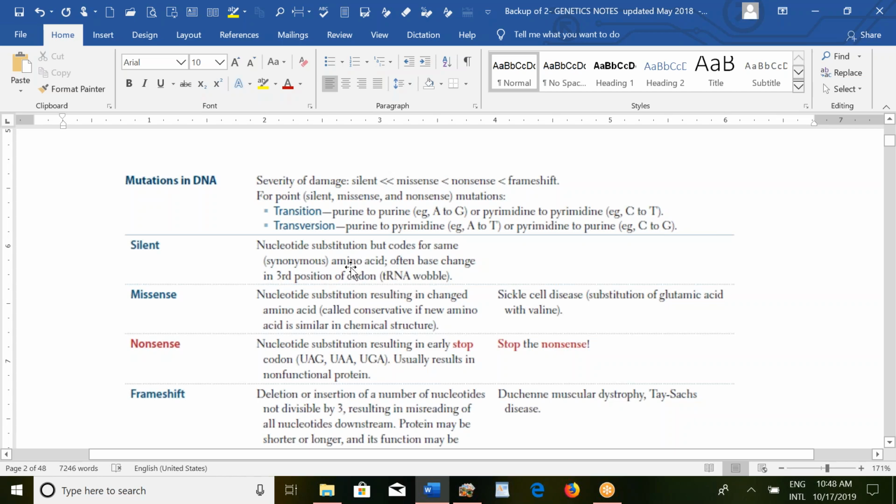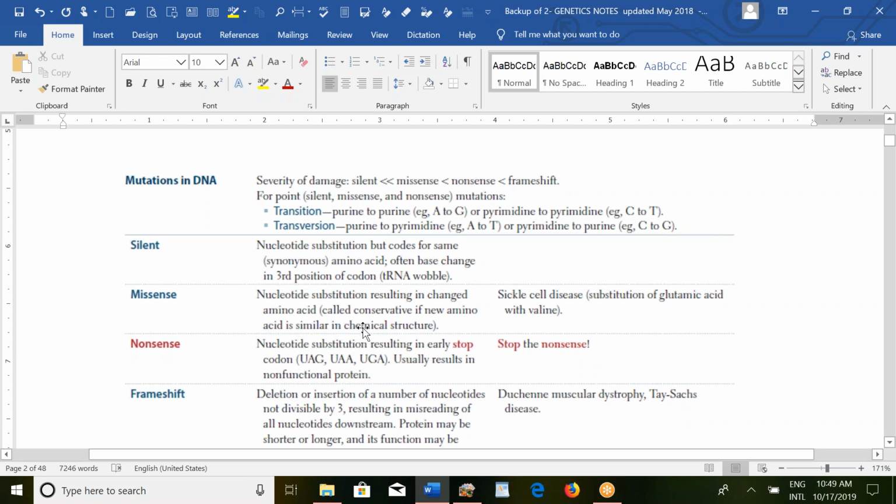The base will be changed, but several amino acids have the same function. That's why they are called silent, because only if you are doing karyotyping due to some other condition will you realize that there is some abnormality, because on their own they are not going to cause any disease. Then missense: nucleotide substitution resulting in a changed amino acid,